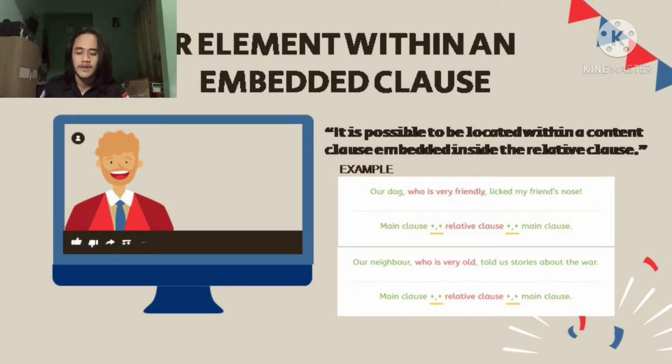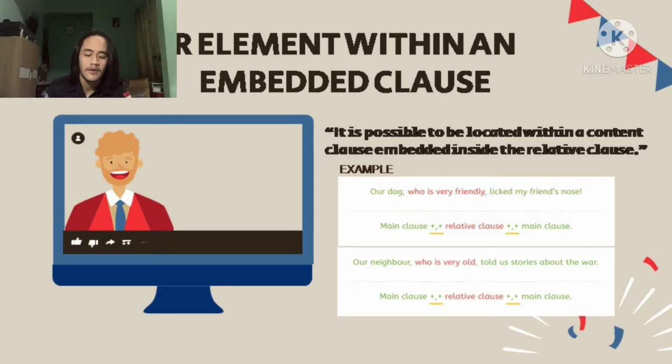An embedded clause is another way of using a subordinate clause, but in the middle of a sentence. It becomes embedded in the sentence. Usually, this clause will be separated by two commas, one before and one after. And then there are two types. There are two types of embedded clauses.